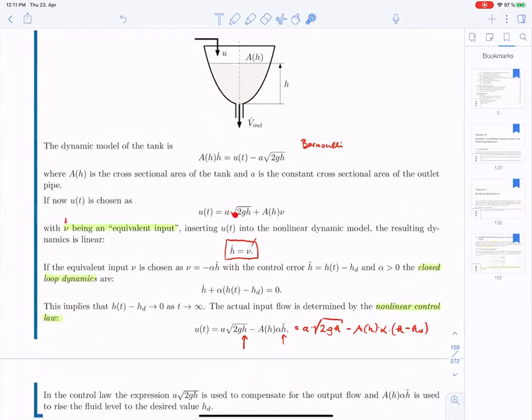So we have some feedback from the state here and here. And by applying this control law, we get a linear system. So we actually apply a nonlinear transformation to the system in order to get a linear system behavior. And then, of course, depending on the particular control law that we chose,